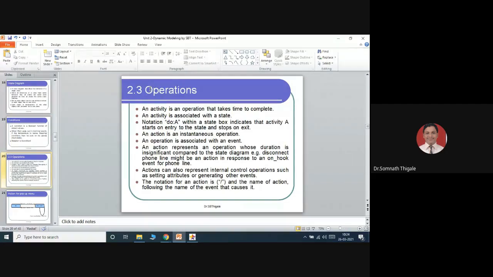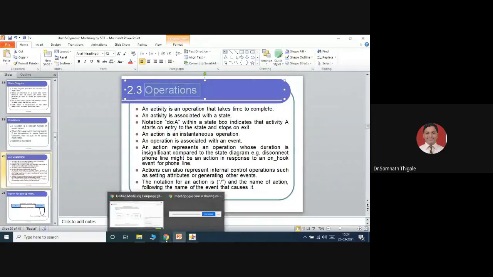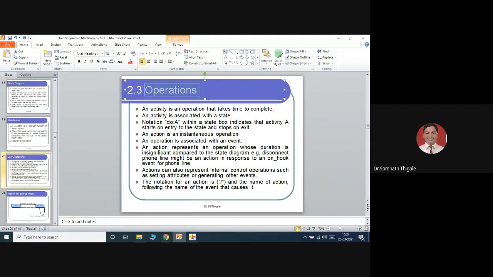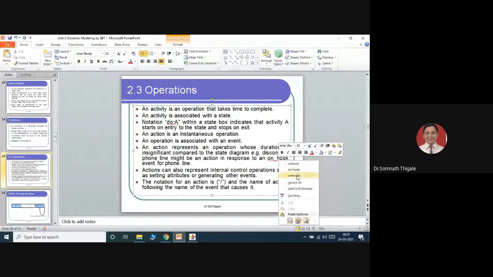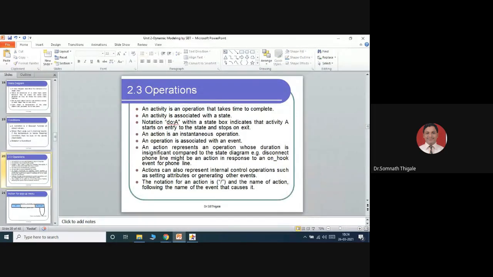We were discussing operations. Operation means, for that particular class or particular object, or particular state I consider, with reference to the state, what actions you are going to take. Those actions we simply represent in terms of operations, like entry, which will be represented by this backward slash arrow. You can remember this. Do is the notation for a particular activity, which I simply call an operation.